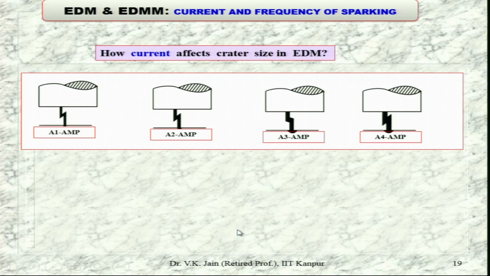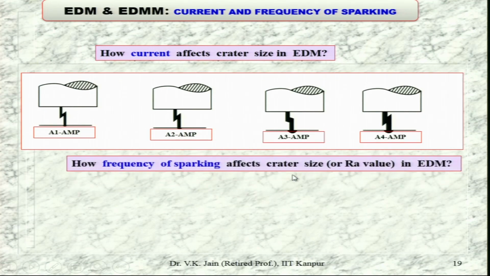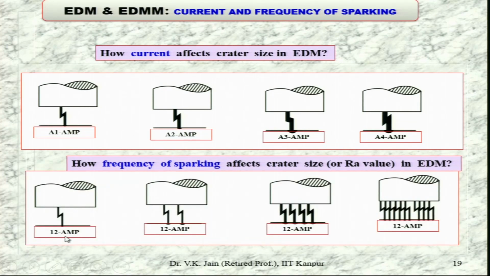This is telling that as the current is increasing, crater size is increasing, so the material removal rate will also increase with current, as we will see it, as well as surface roughness of the surface will also increase with increase in the current. So, how frequency of sparking affects crater size or Ra value in EDM, that also we can see here. At 12 ampere, this is the spark size